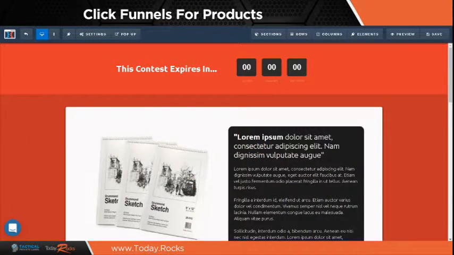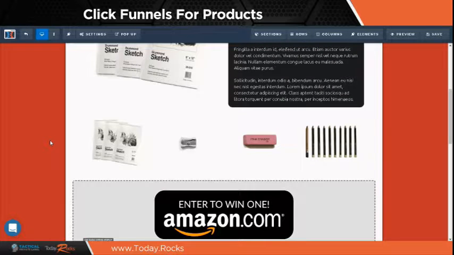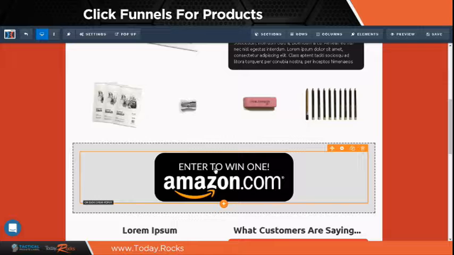Okay, so this is my favorite template. You guys are going to love it. This is basically a giveaway. You are giving away one of your products or something related to your product. Don't be tempted to do something like a watch or an iPad or something like that that attracts people that are not your customer. What you want to do is give away something that your customer would actually buy,